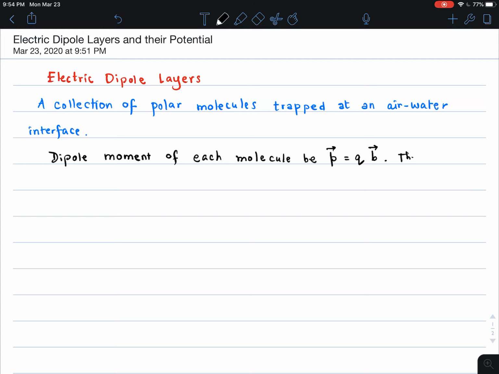And we also assume that the molecule occupies an area of S on the interface,